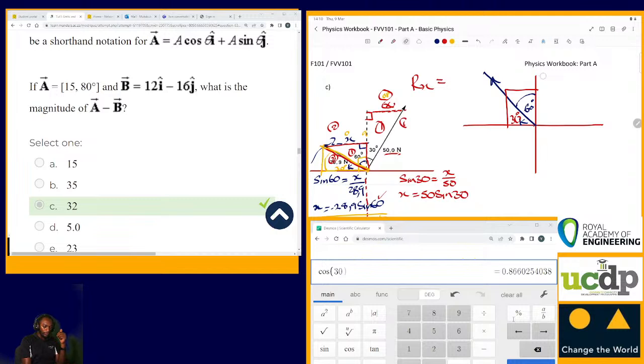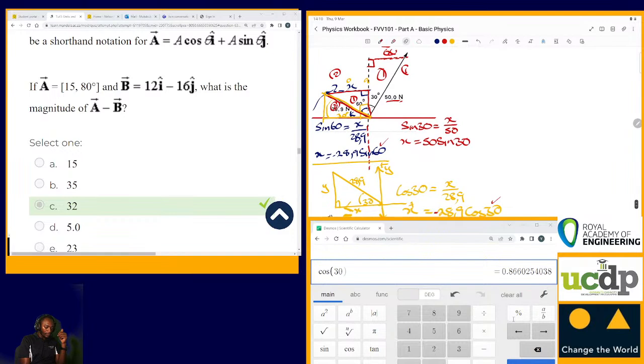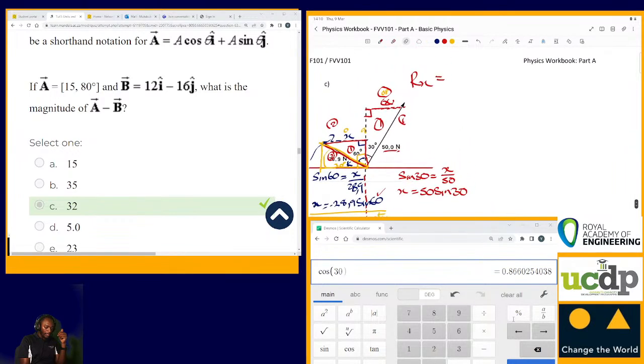Okay, so we were here to find, and we were using this triangle. So r in the x for vector number 1, it's 50